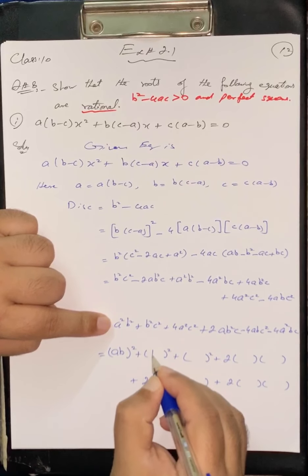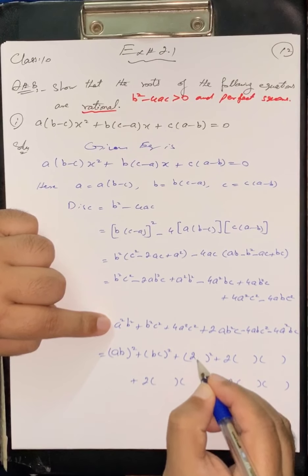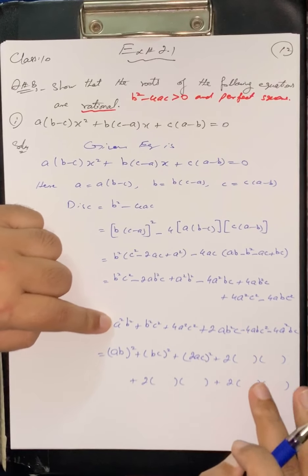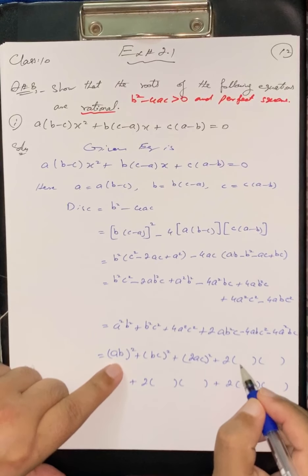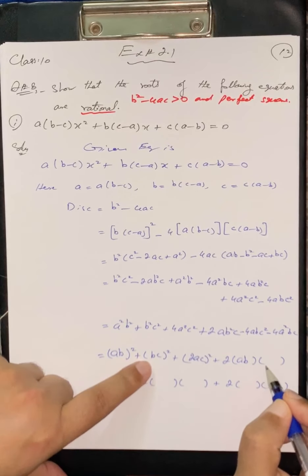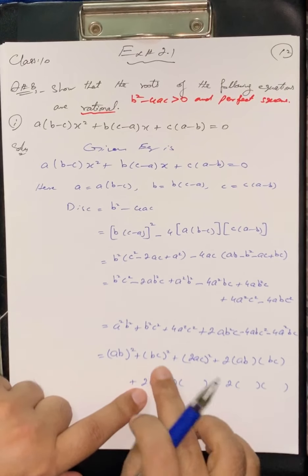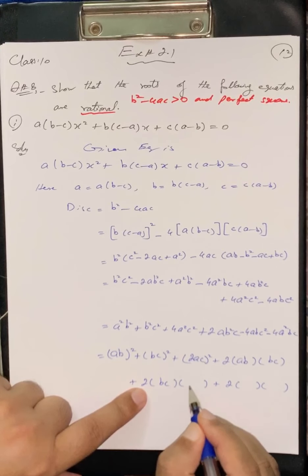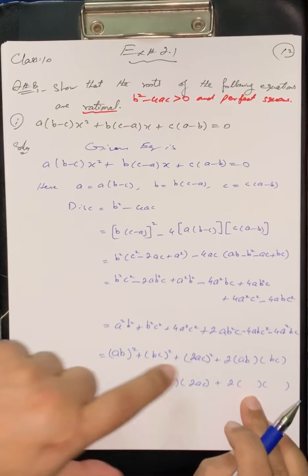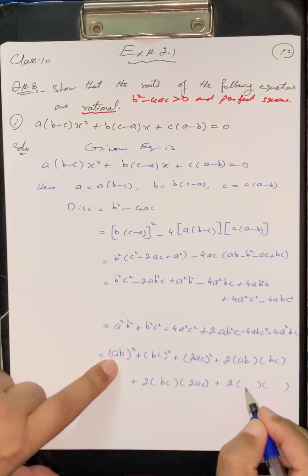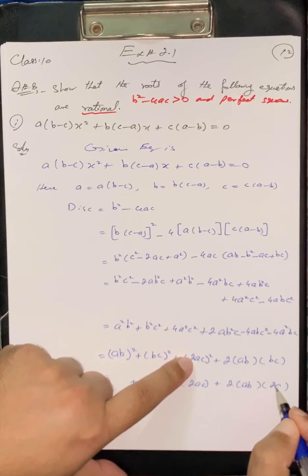AB inside BC. This is 4AC, means we write here 2AC. Okay. These all, first and second multiply: first AB and second BC. Then second and third: here we write second and third, that is BC and 2AC. And then first and third: right here AB and here third 2AC.